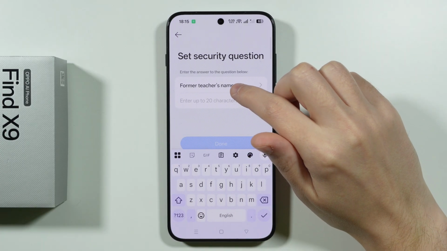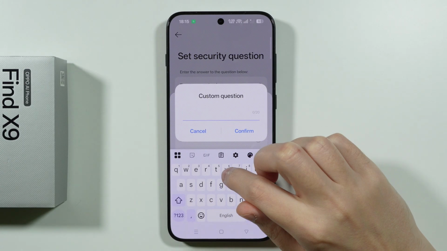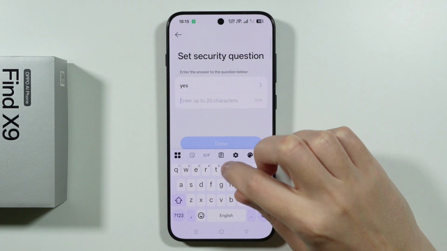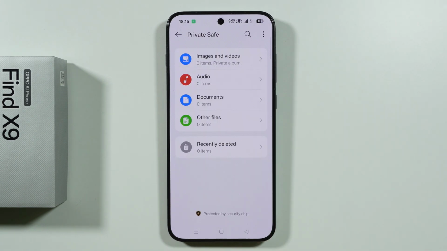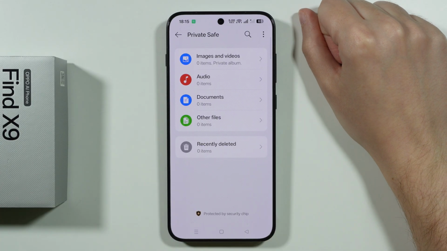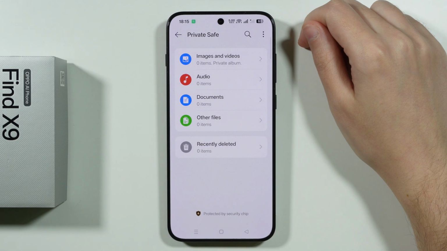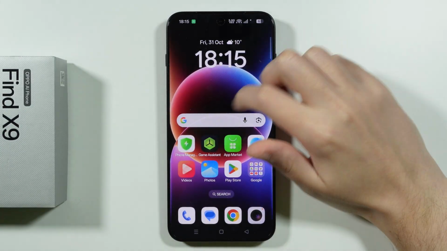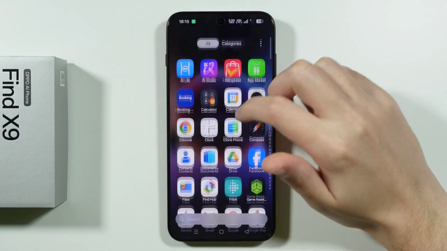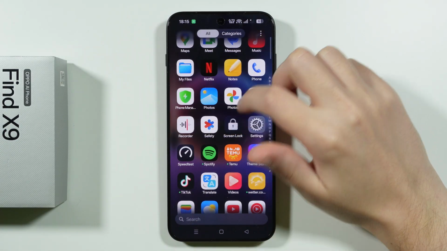So let's say I'm going to choose the security question. I'm just gonna type anything in here, but in your case, you want to properly set it up to be able to actually recover the password in case you forget it. So now, over here we have the private space. It has been immediately created, and you should be able to find it, I believe, well, maybe not at first